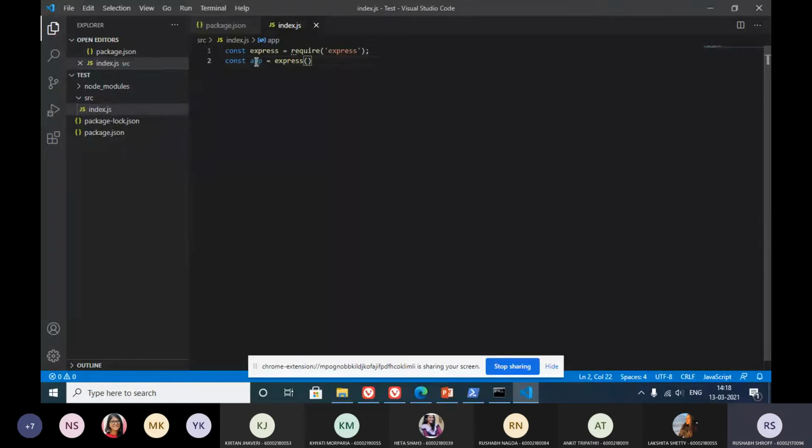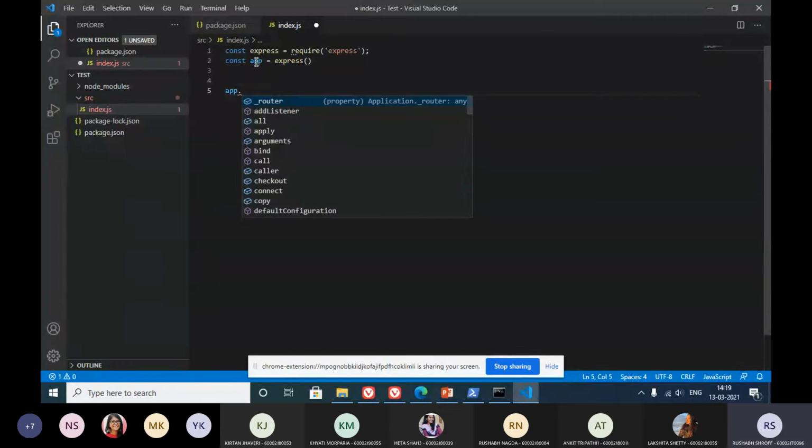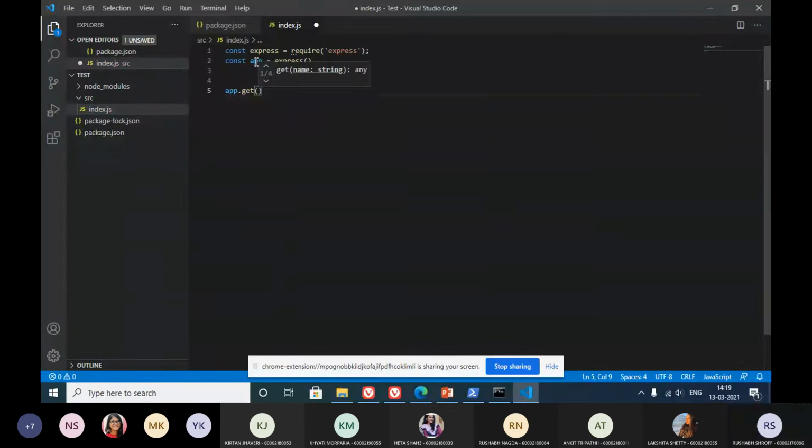I'll show an example of a get request right now, and then we'll take an example of these four types one after another. So for now, to create a get request, what we need to do is type app dot get, and put in the path where we want to get this request, and this path is relative to your server URL.